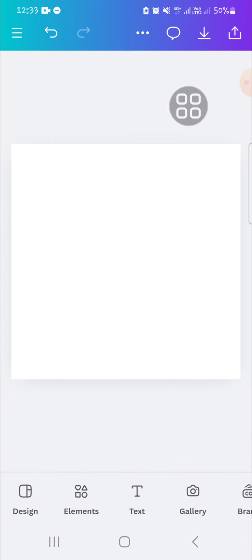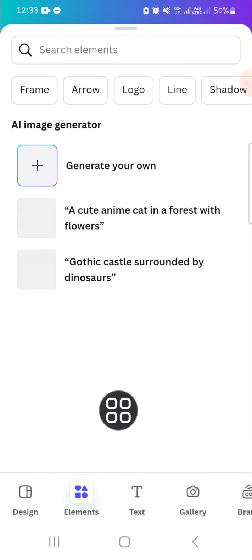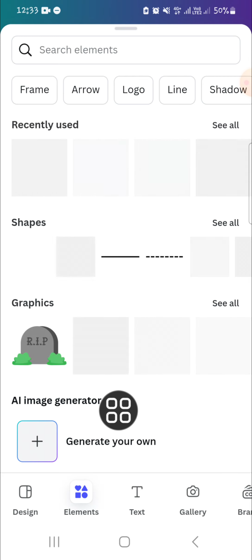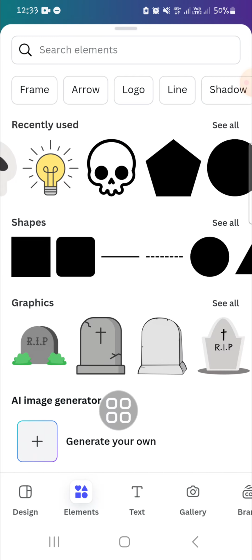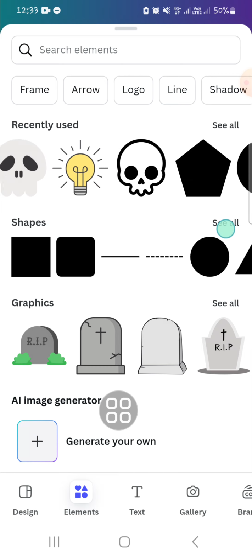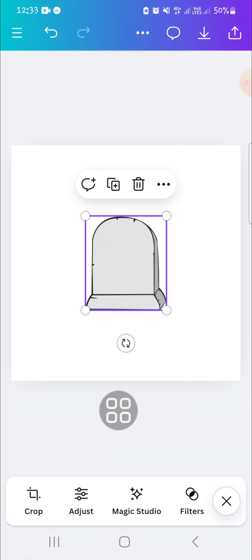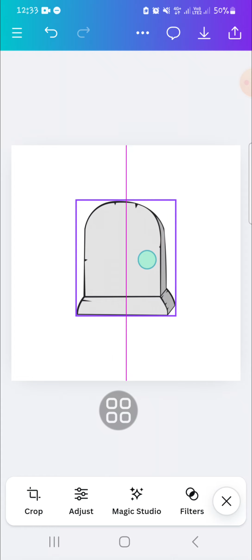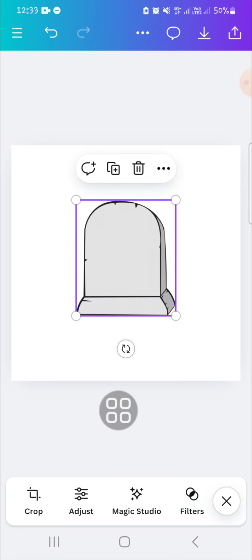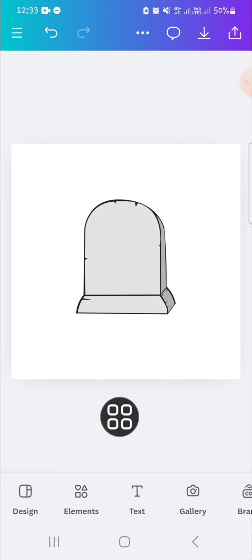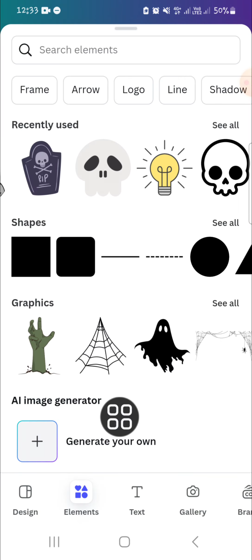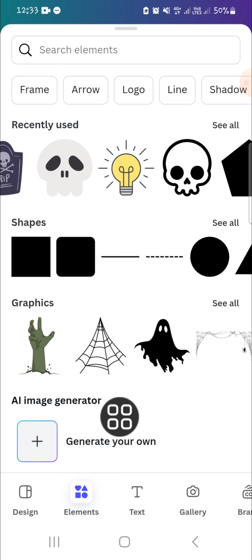And first of all, I'm going to add elements to this design. So I'm going to go to the elements menu. And then here I'm just going to pick random elements from Canva. For instance, I'm going to add this element. Okay, and then I'm going to add another element. Wait guys, I'm going to go to the elements section again, and I'm going to select